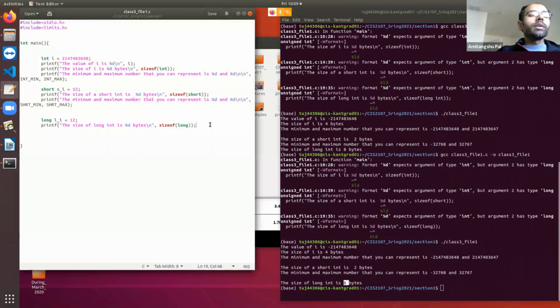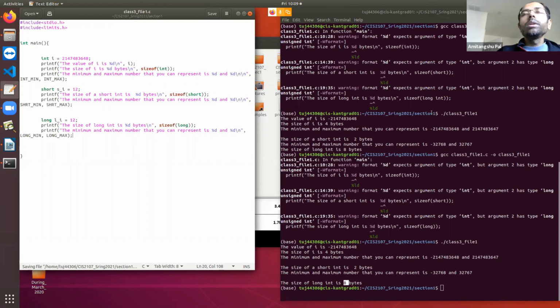Now let's see what this range of numbers is. The minimum and maximum number that you can represent is %d. So the corresponding constants are LONG_MIN and LONG_MAX.